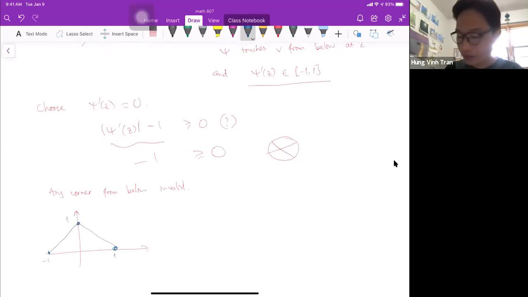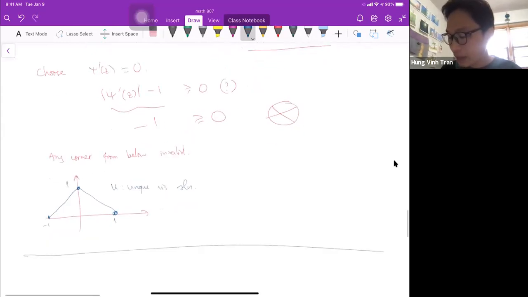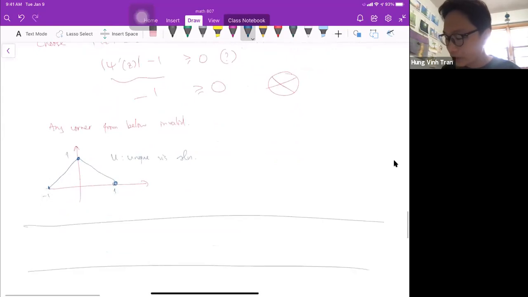So this is a unique viscosity solution. And that's amazing. And for those of you who have been working on this, let me give you a point in the dictionary: if your Hamiltonian is convex,